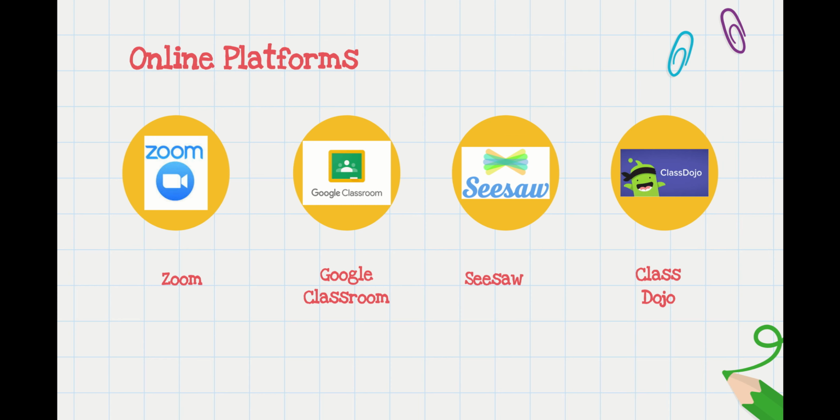Our online learning programs vary depending on the age of your child. They will be accessing everything through Clever, which is our online district-provided web portal. Students in 3rd through 5th grade will utilize Google Classroom. That's where assignments and meeting notices will be posted. For our primary classroom, TK through 2nd grade, we will be using Seesaw, a user-friendly platform that is geared for younger students.